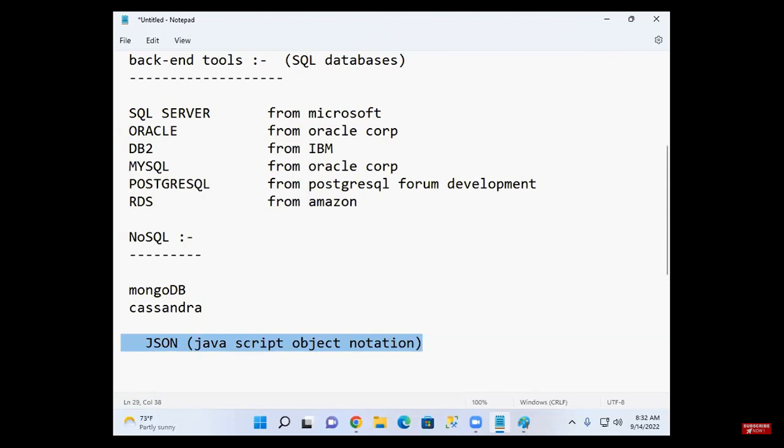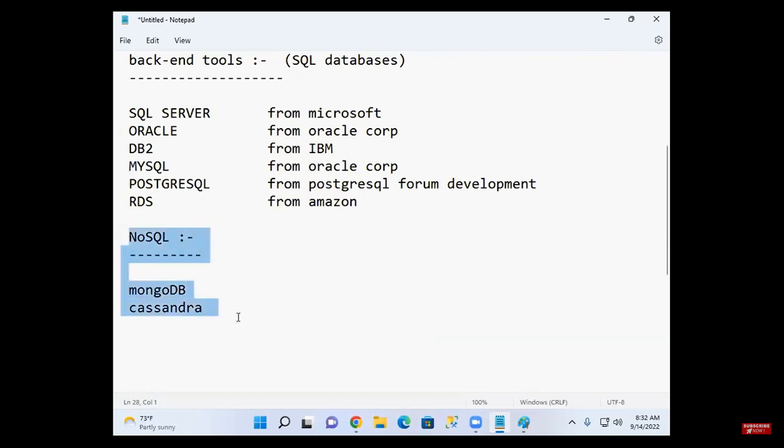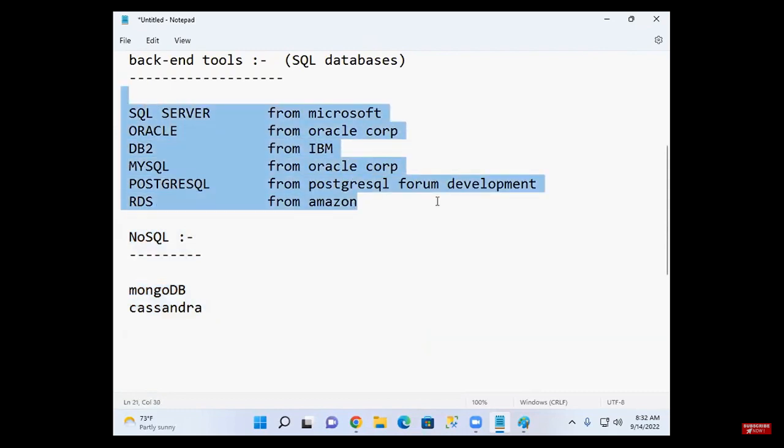Why did the industry introduce NoSQL? These databases are good for storing and processing structured data.